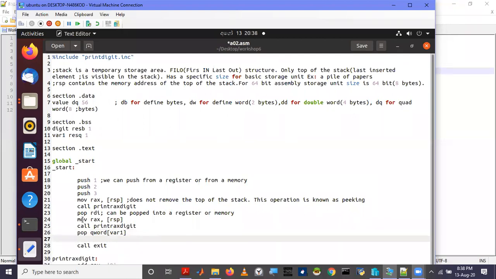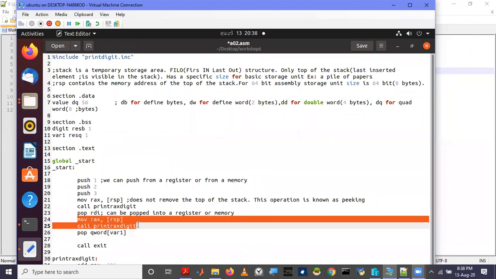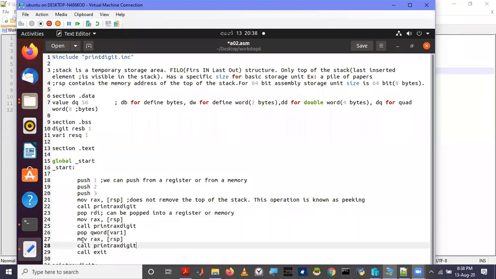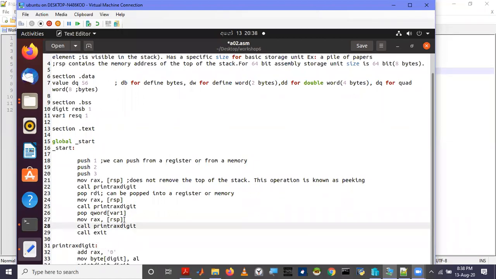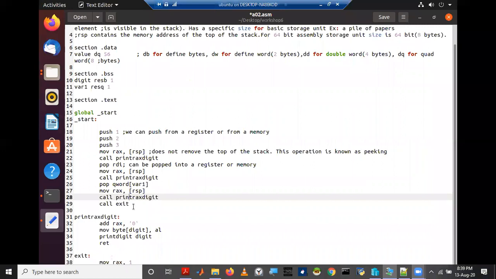So how to print the current top of the stack? We need to call these two statements again. I just copy and paste. Copy the current top of the stack into RAX, then call print RAX, which prints the contents of RAX using the macro and the subroutine.